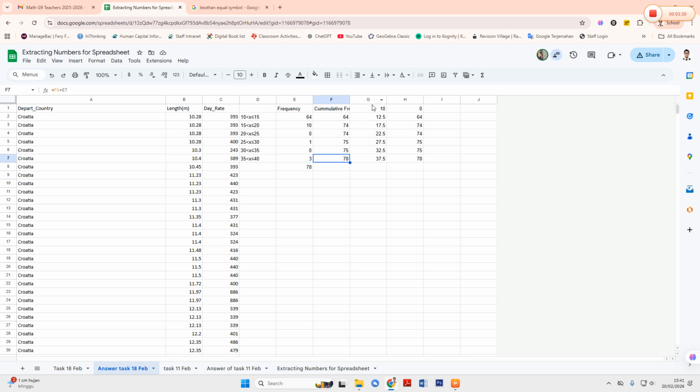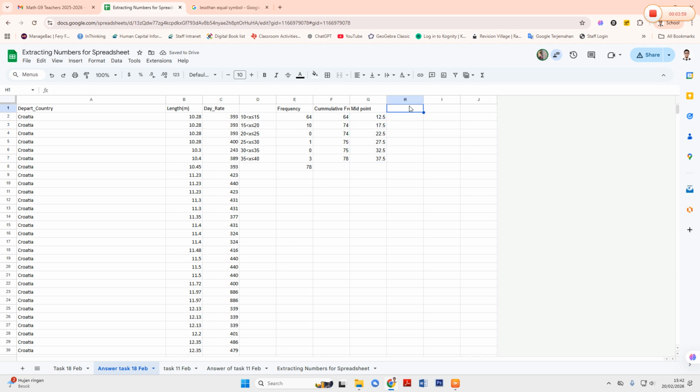Now I will delete first here. I will make the midpoint first. Midpoint, we get from 10 and 15. If we add together 10 and 15, that is 25, divided by 2 is 12.5. Continue with 17.5 and so on. We will block it here. We will do it like this.